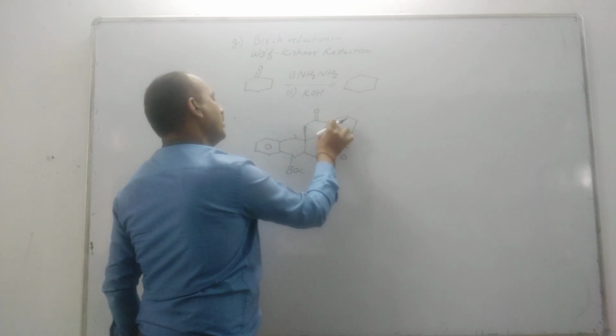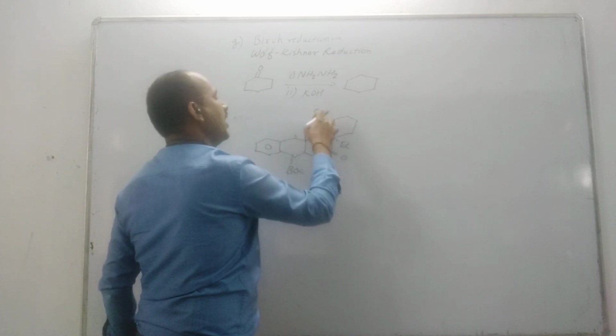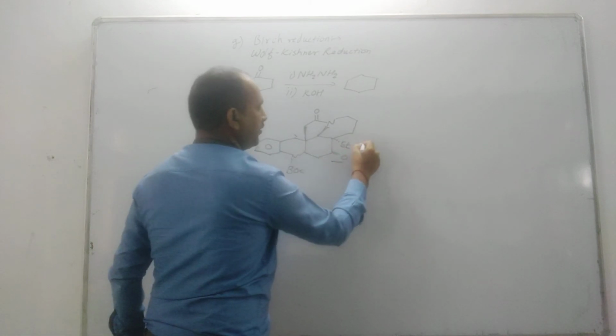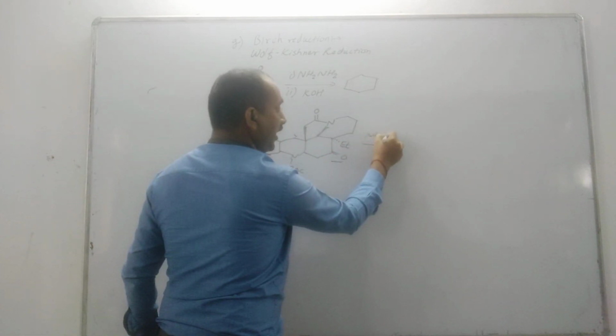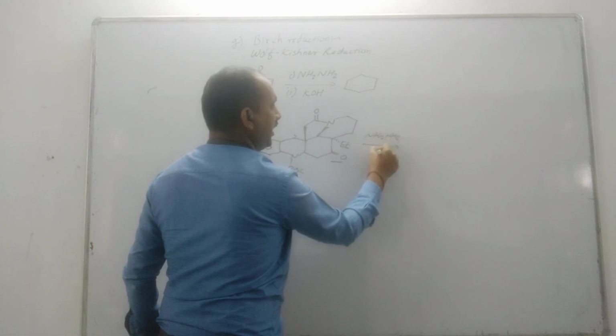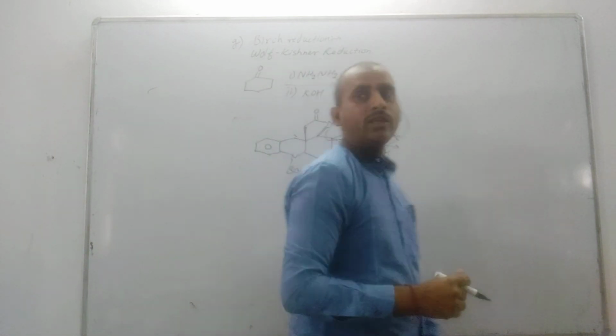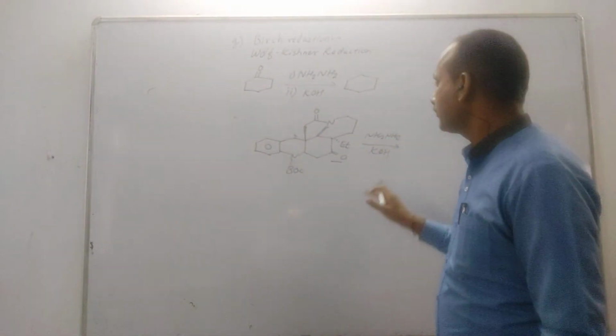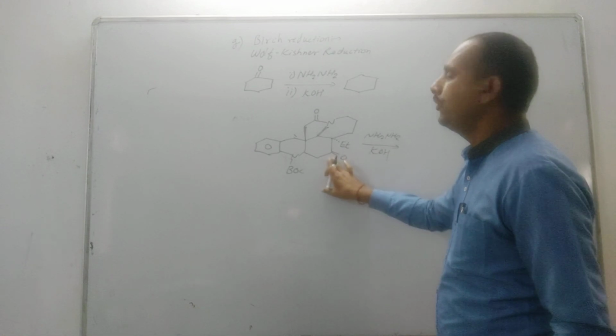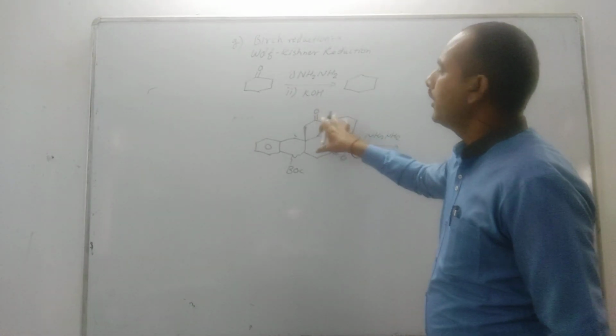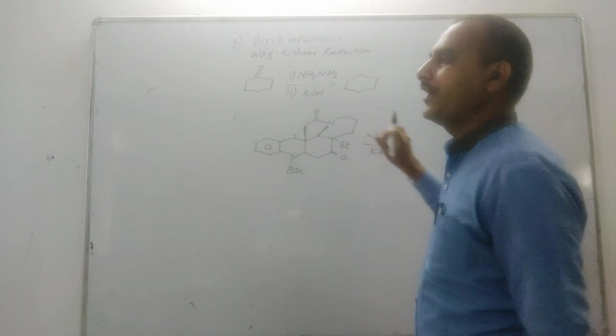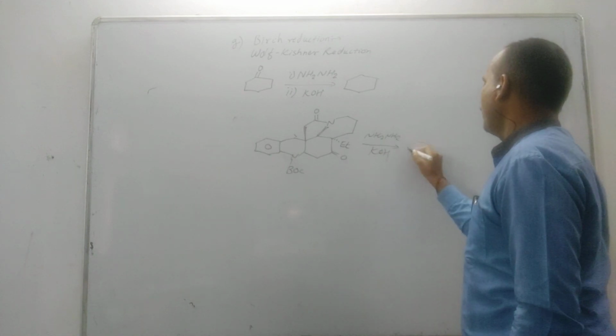This carbonyl is present with nitrogen, so it is an amide linkage, and this is the carbonyl. So in the presence of NH2 NH2 hydrazine and KOH, selectively this carbonyl group gets reduced to a hydrocarbon, and the amide does not get reduced. So the product formed is